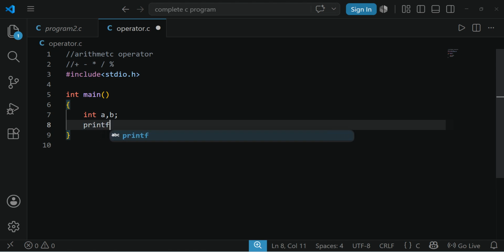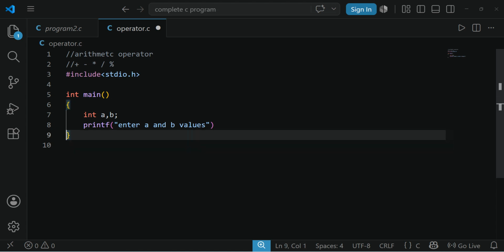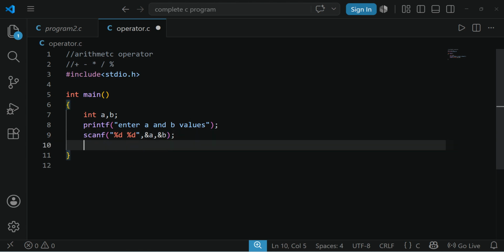Now let us ask the user to enter a and b values. Sorry. Let's scan the values that are given by the user. As they are integers, %d, comma, ampersand a, comma, ampersand b. Now let us print the addition of the two numbers is